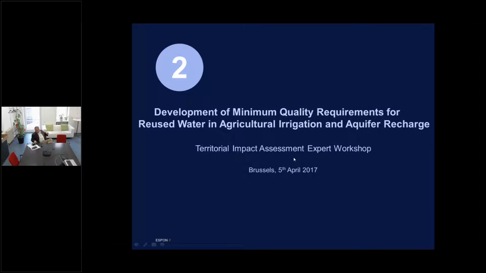The second example I will give you is a completely different thing, the development of a minimum quality requirement for reused water in agricultural irrigation and aquifer recharge. This is a very technical piece of legislation prepared by the DG Environment in strong cooperation and relation with DG Agri,